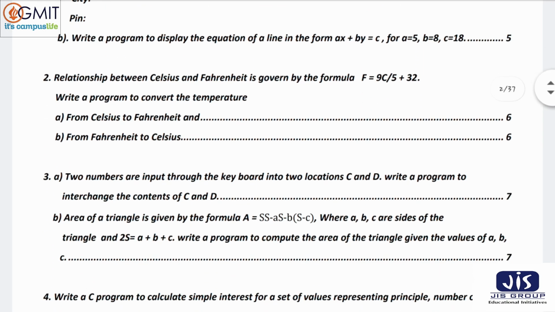In question number 3, you can see two numbers are input. That means suppose X and Y or A and B, from the keyboard into two locations C and D. Write a program to interchange the content of C and D. We have already done this in the lab, but still do this, because you also need practice.